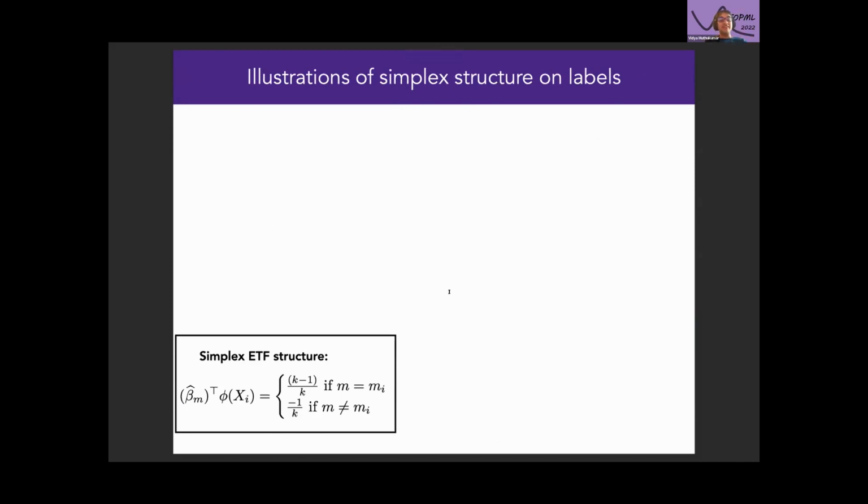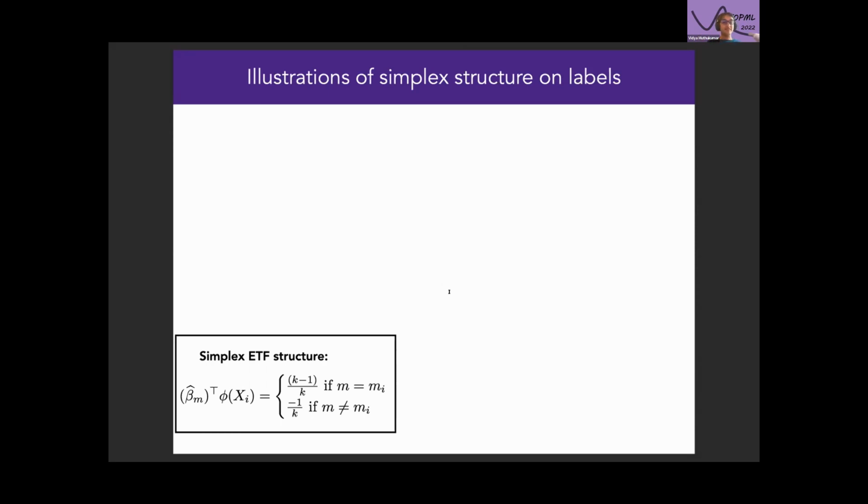So once you write out what this interpolation looks like, with this adjusted label vector, what we end up getting is this interesting simplex structure on the predictions on various classes. In particular, if we consider data point i and the classifier beta hat m corresponding to class M, what we end up getting is that the prediction value on the training data point is going to be equal to (k minus 1) over k if that was indeed the true class of the data, and a smaller negative value otherwise. So this is an asymmetry induced into the interpolation, and this simplex structure we found